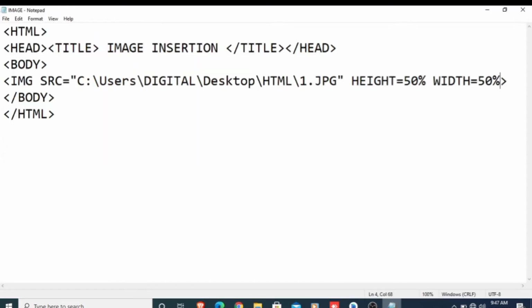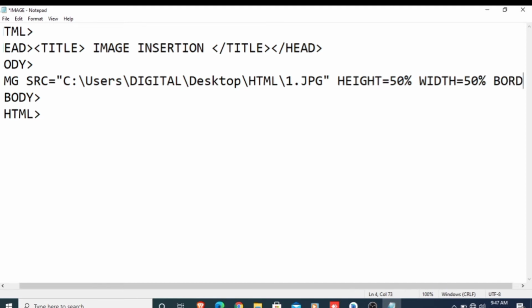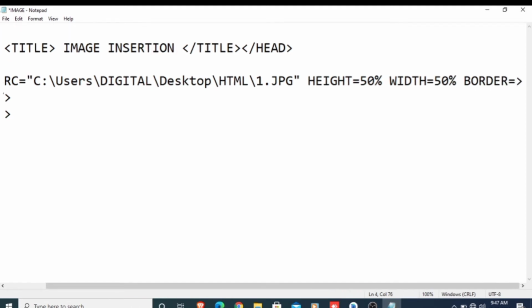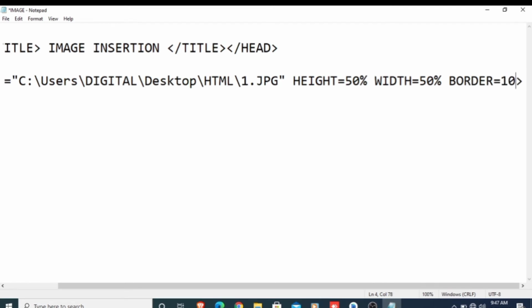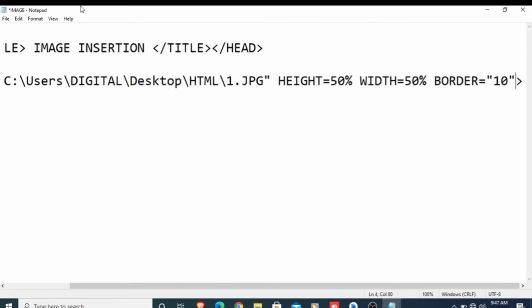Now another attribute that is assigned with the image is image border, means how we can assign the border of our image. Nothing else to do, you just have to write border here with the image tag, border equals to, and you just have to write the size of your border. Here border is equals to n, it defines the size of your border. Suppose I want to write here 10, it shows the thickness of my border. You just have to write it inside the double quotation marks, and save it. Whatever border size you require, you have to write here in numeric form.